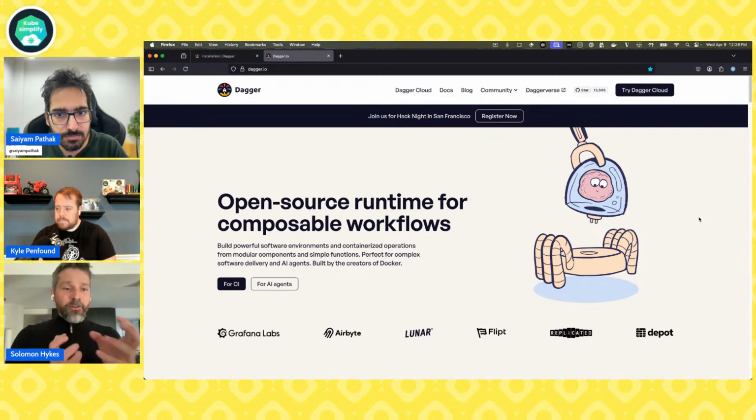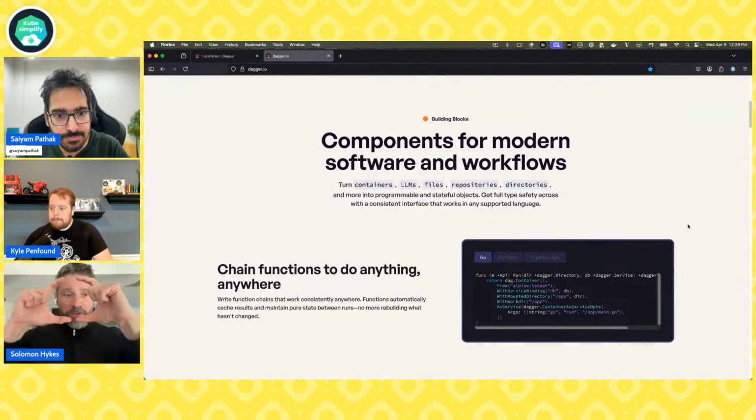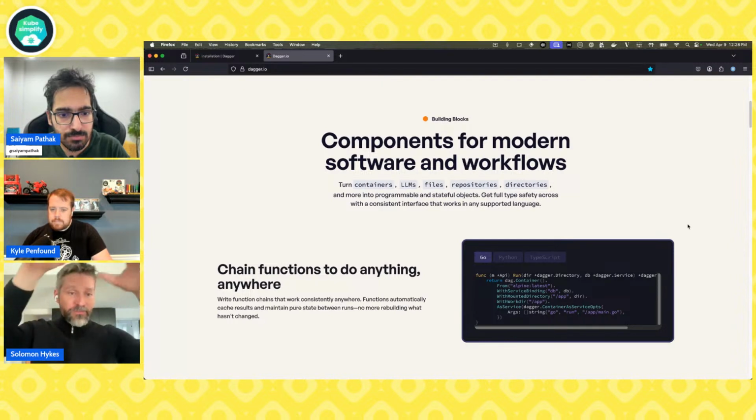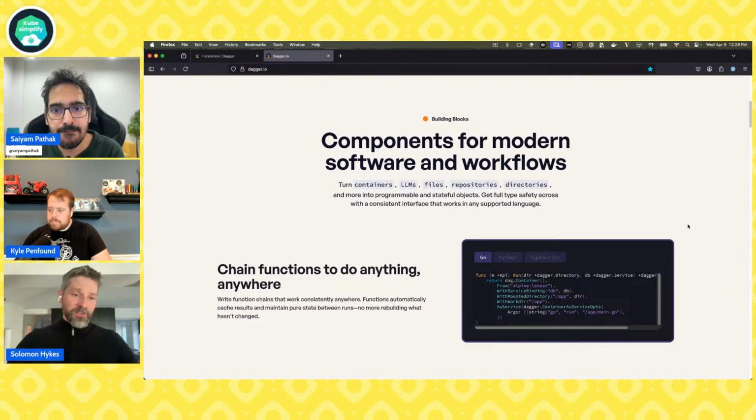So it's a very versatile modular tool. It works by programming. It has an API. So typically, to use Dagger, a team will write some code. You write the code for the little functions that define each of your tasks in your workflow. Here's the function for my front end build. Here's the function for my back end build. Here's how to combine them with a third function that does the end to end build, et cetera, et cetera. So it's like Lego. It's like the ideal Lego system for platform engineering teams. Yeah, it's a lot of fun.